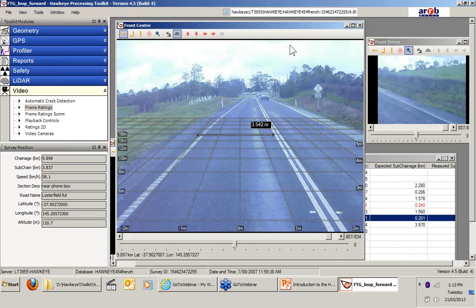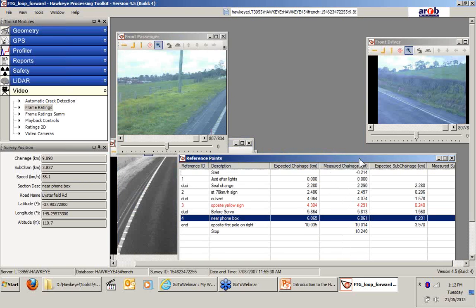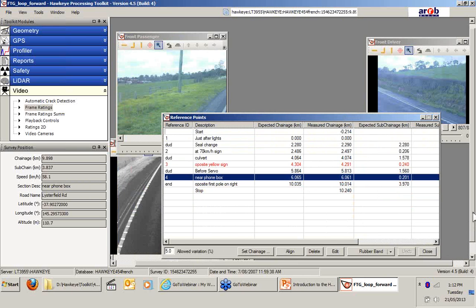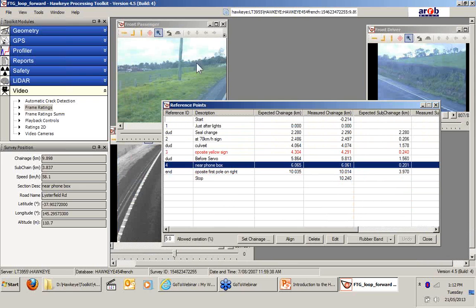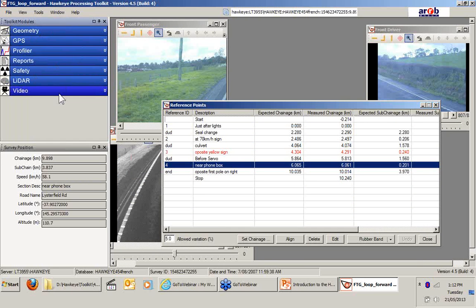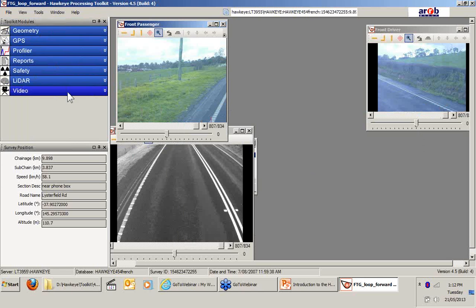All right, so it's really great that you can actually view the data in here. You can scroll through the video and the tables and the graphs. But a lot of times, after you have that information, you want to create your own reports and output all this information. The processing toolkit also does allow you to output all of the processing that you do